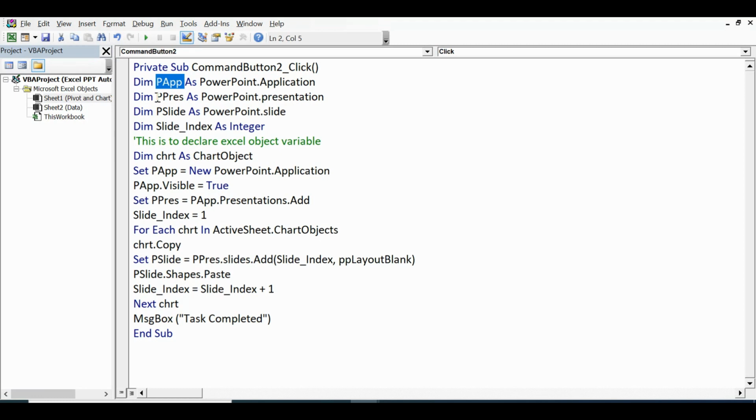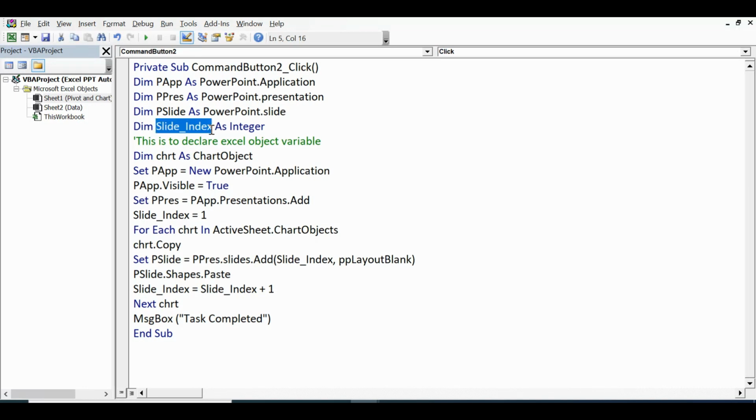And then dim p press as PowerPoint.Presentation, and then dim p slide as PowerPoint.Slide. And then I have declared one variable for the number of slides, dim slide_index.